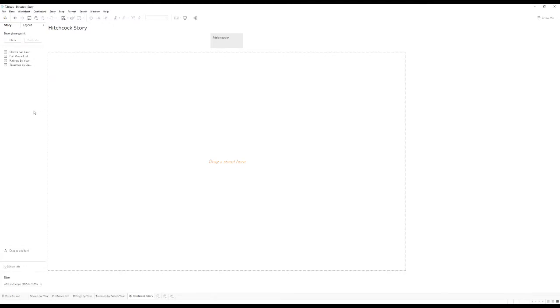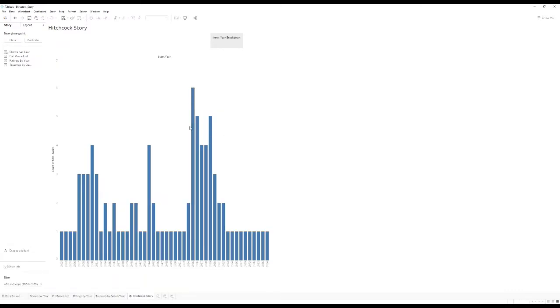So, my first sheet in this story, I'm going to give a caption. The button up here says add a caption. By clicking on this, it allows me to type a brief caption of what this pane is going to do. This is going to be my introductory pane, in which I give a year breakdown of the number of shows by this director. Dragging that over, you see it populates this window,